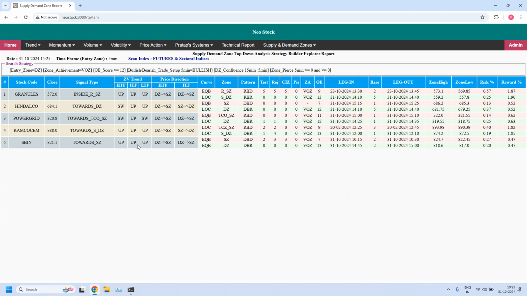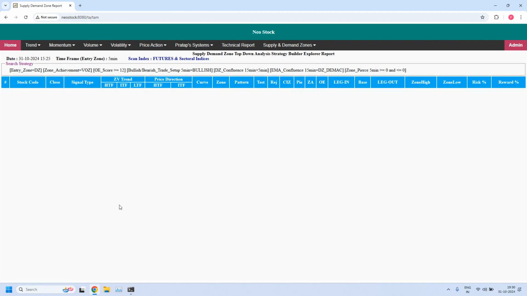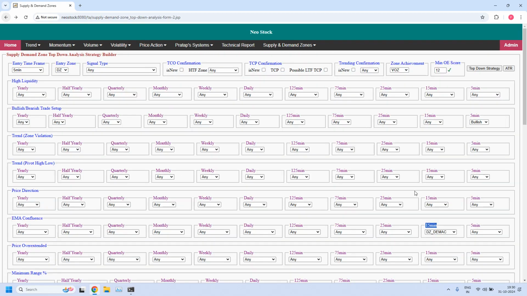15 minutes trend is uptrend. If any of these 15 minutes demand zones are having daily EMA confluence, they are even more high probability setup. Let's verify. In the EMA confluence, 15 minutes time frame, 15 minutes demand zone with daily EMA confluence, we did not get any stocks. Okay, next I am removing this EMA filter and looking for LTF, ITF, HTF demand zone